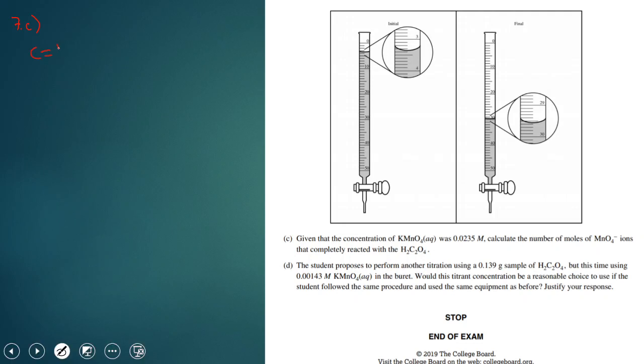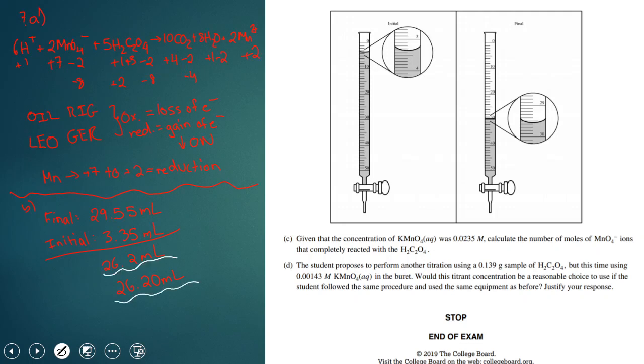if C is equal to N over V, then N is equal to CV. So our concentration, now keep in mind KMnO4, so potassium permanganate will split up evenly into potassium and the permanganate ions on a 1-to-1 ratio. So because of that, our concentration of permanganate is still going to be the same, so it's going to be 0.0235 molar. And then we multiply this by what we found in the last question, which is 26.2 ml, so